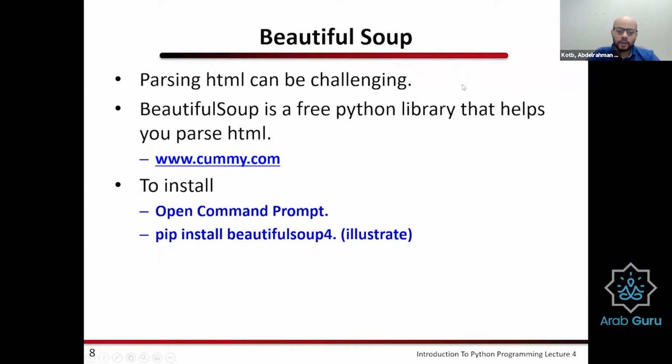Okay, so we talked about how Python accesses the internet. There is encoding, decoding, HTML. There are a lot of languages and complexities that come with it. One of the very useful libraries developed in Python to read HTML, to read the information on the internet and provide it in a very easy way for the user to read, is Beautiful Soup.